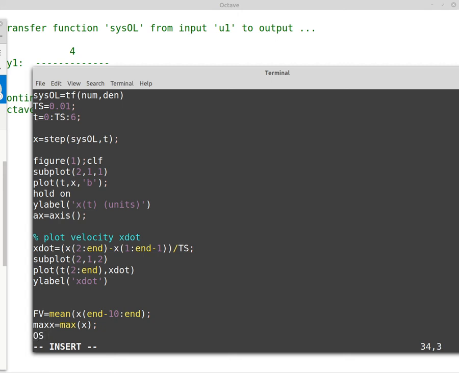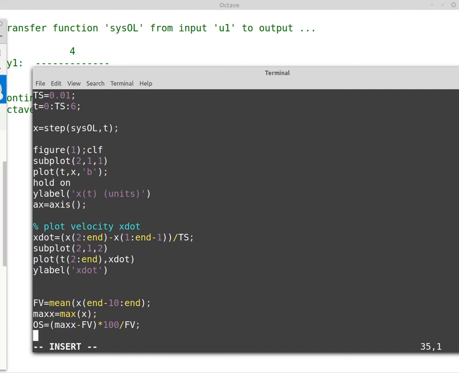We can get the overshoot, which is equal to the max minus the final value, divided by the final value times 100. So I'll multiply times 100 first, and then divide by my final value. So that is my percent overshoot. So now we have these values. So I'm going to go ahead and plot a line